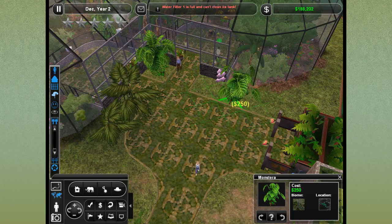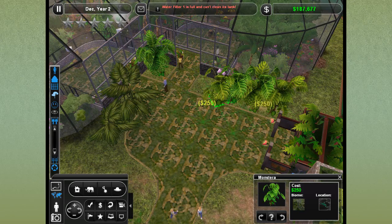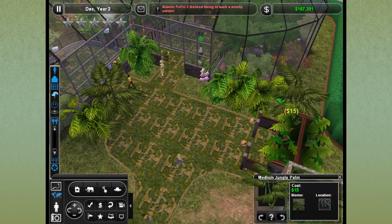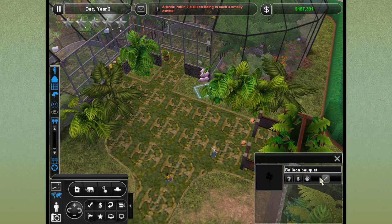All right, so we're going to sprinkle some of these plants outside to start decorating the exterior areas. Look, he popped out of there and is going straight in there. I love it. I love how people are starting to really get used to wandering around our zoo, it seems. And I'm going to move this balloon bouquet, if I can, like right...